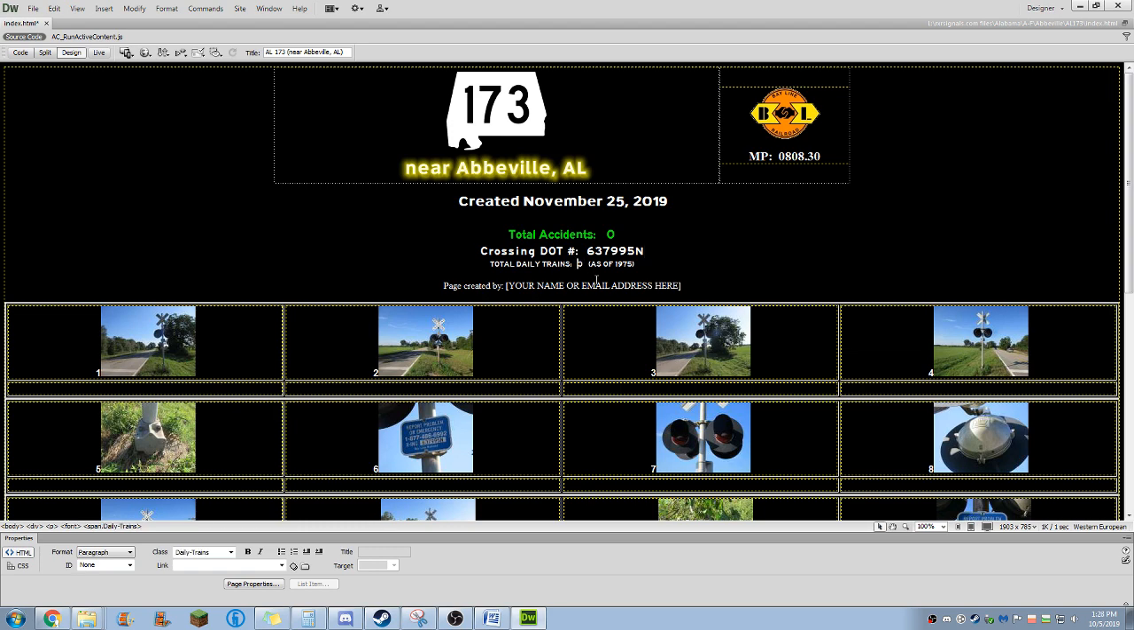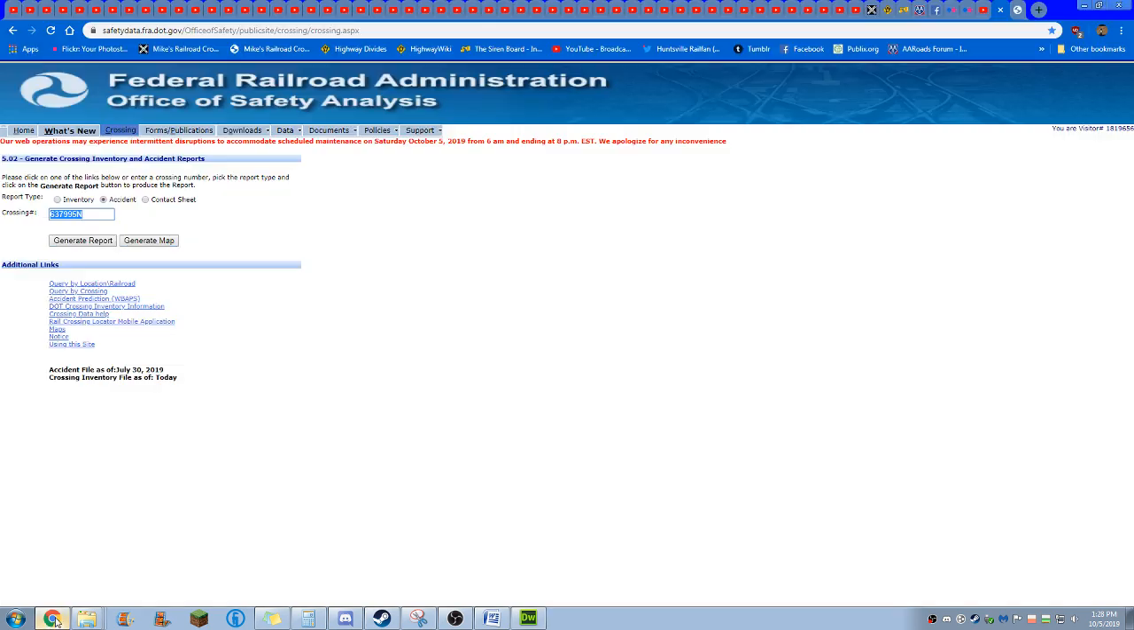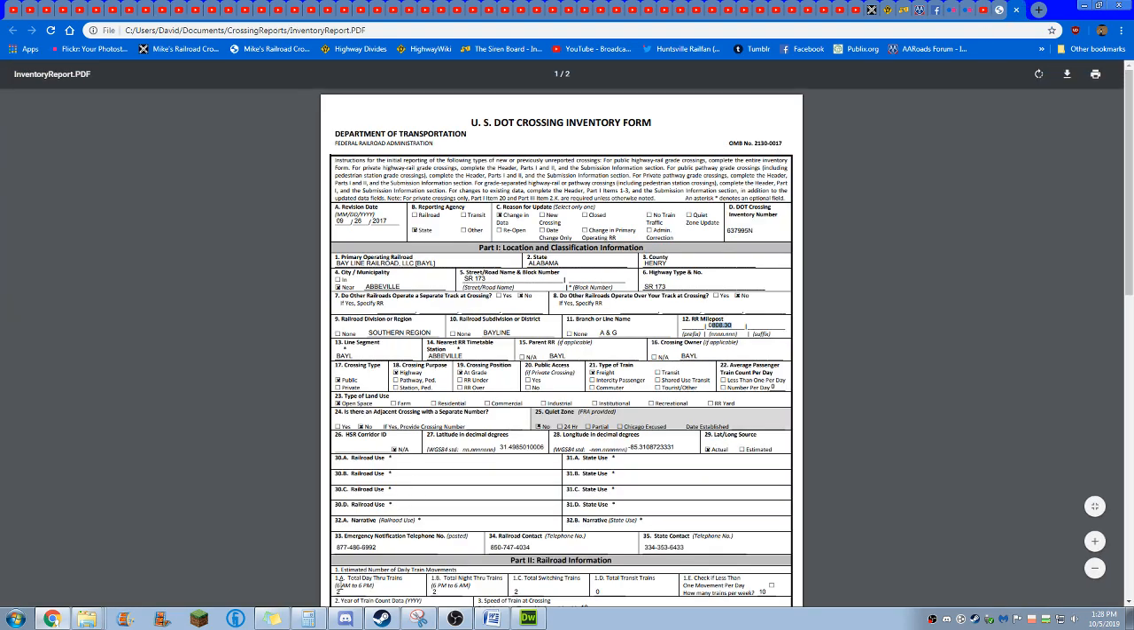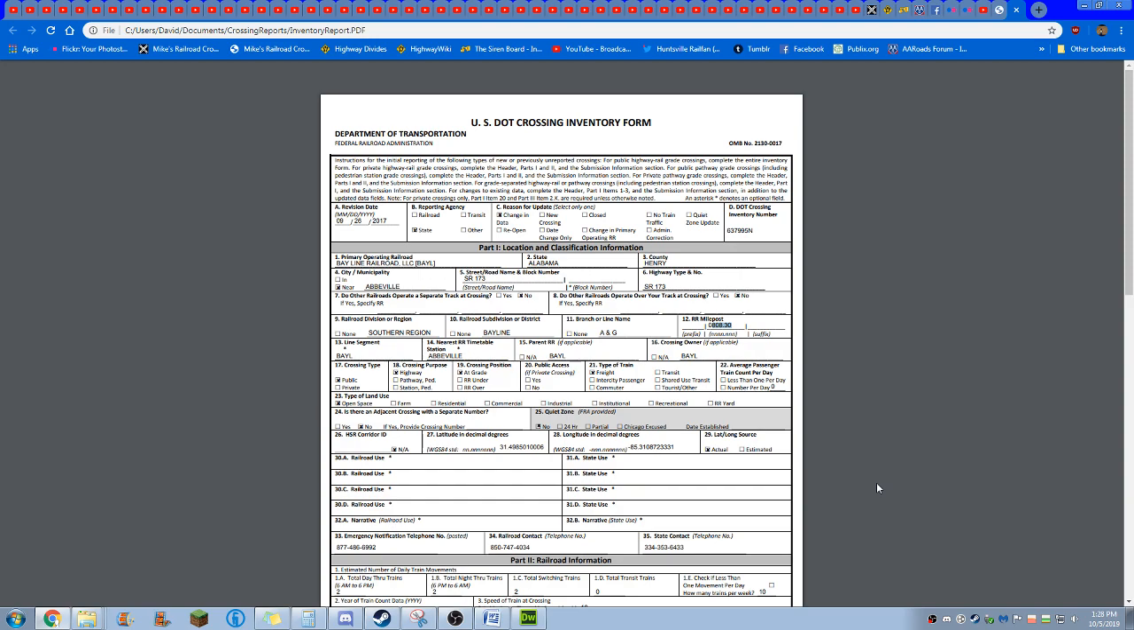Now, total daily trains. When typically doing the total daily trains of a crossing, you simply go with what the FRA says. For example, the FRA here in the inventory report says there is a total of 6 daily trains, though they are 10 movements a week, which is weird, but okay. However, in my experience, the Bay Line, when operating on this particular line, they typically go and